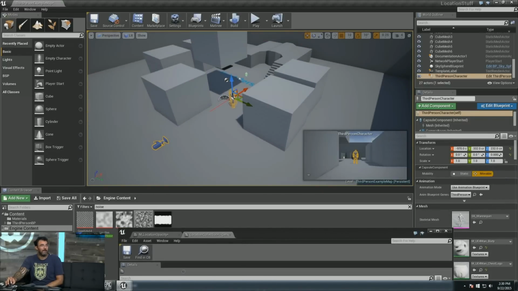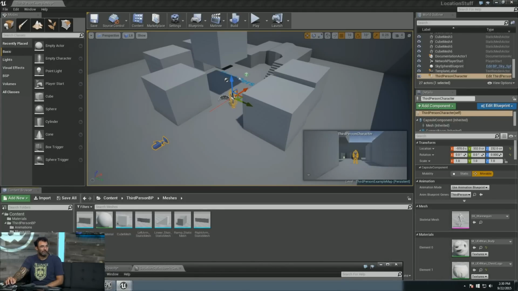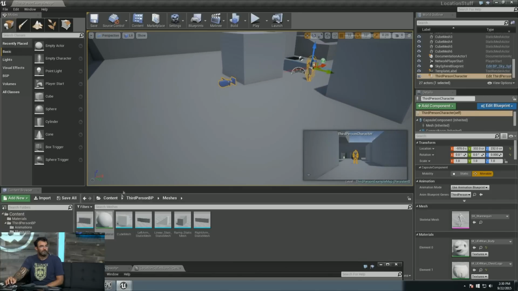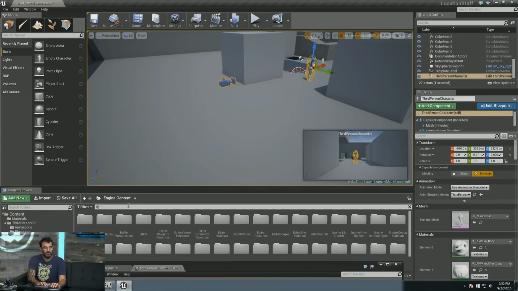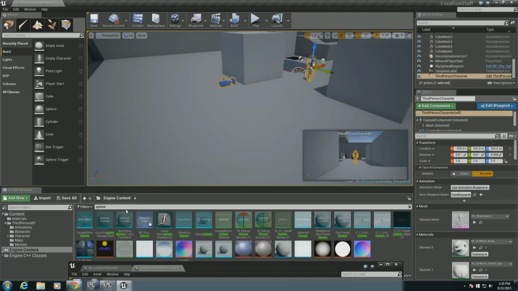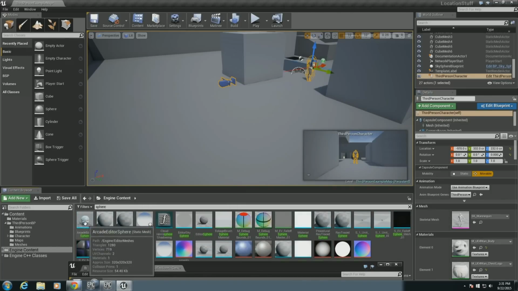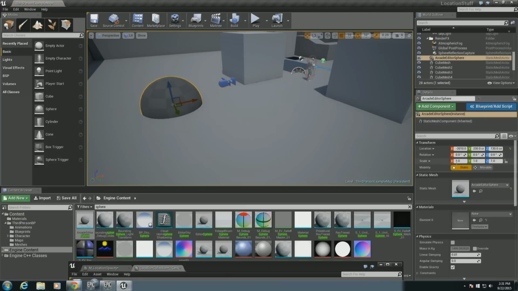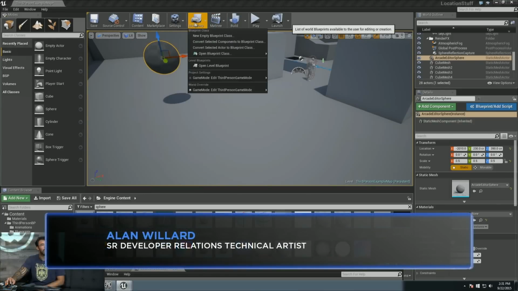And if I were to say, have a ball in my scene, of course there's no sphere, let's find it here. Spelling is very important, and I'm failing at it. All right, so we've got a sphere here. We'll set it to be 0.5. And let's say in our level blueprint,